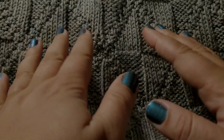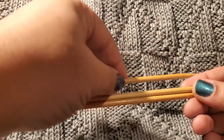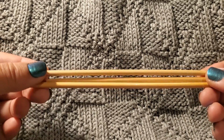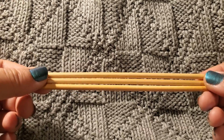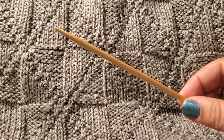Hello everyone. I would like to go over how to do a 3-needle cast on. This is great for whenever you need to do any type of bags, but you don't want to sew. I really hate whenever I have to sew things up. So what you do first off, you have your needle